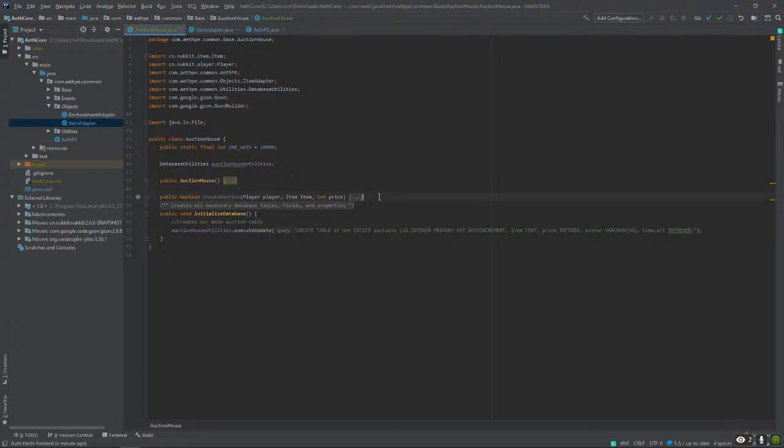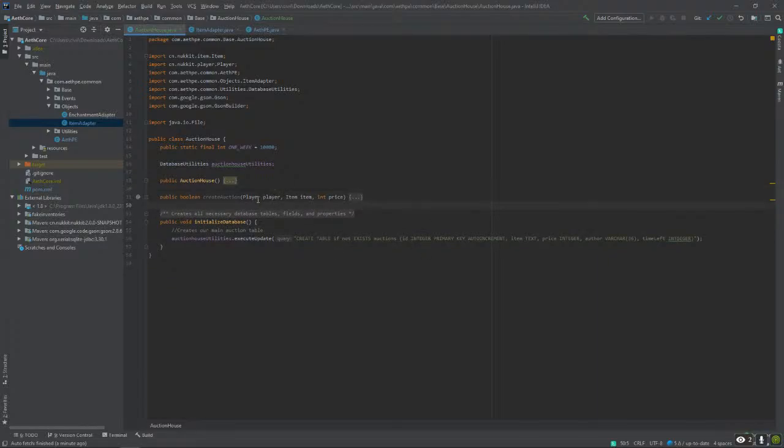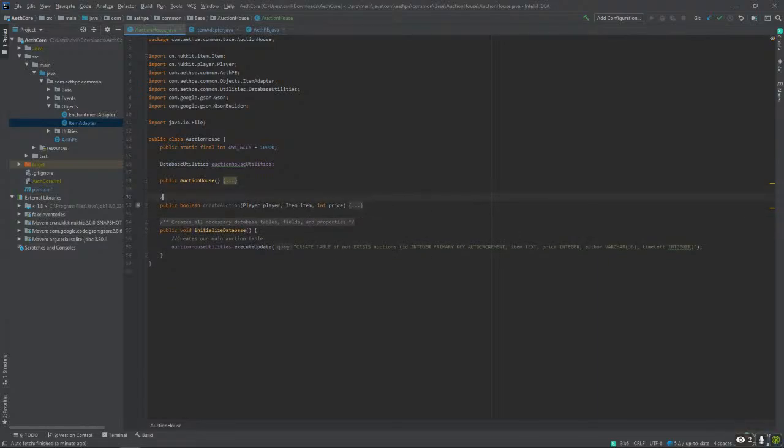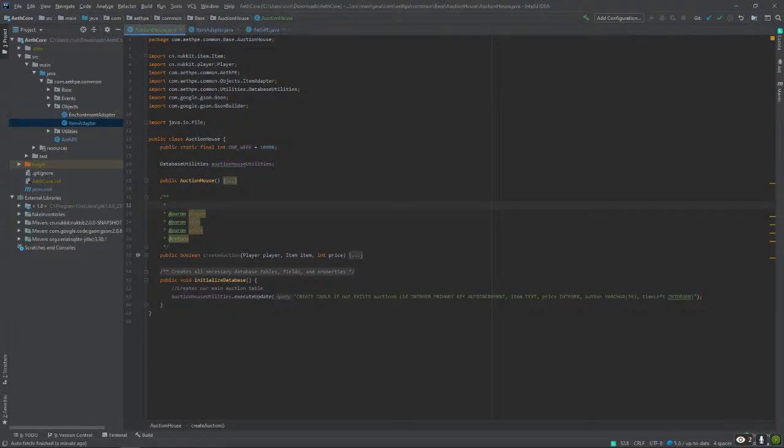I think the next thing to do is to make a get auction function from an ID. So that'll be relatively simple.